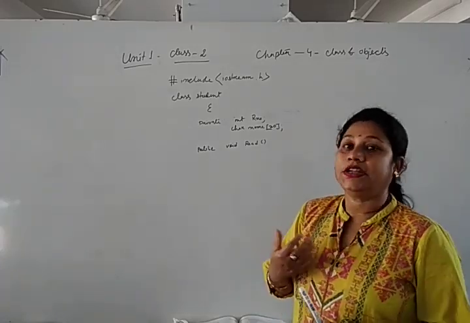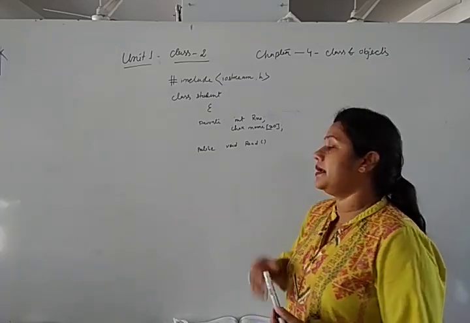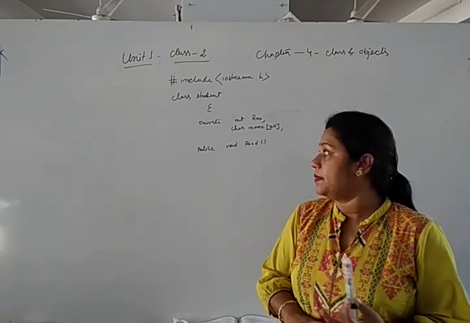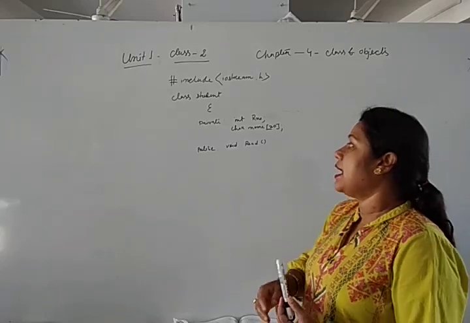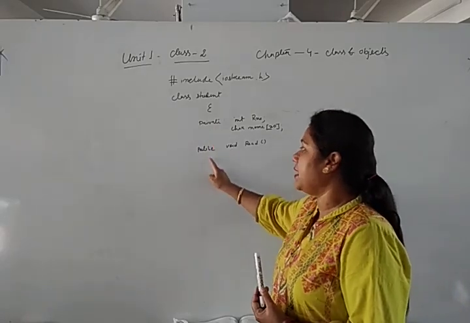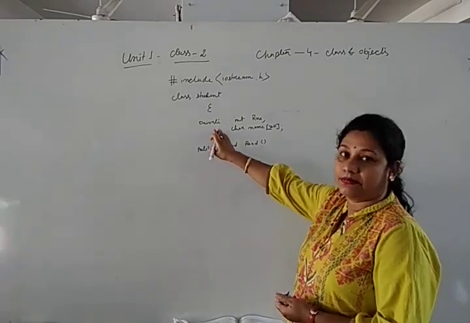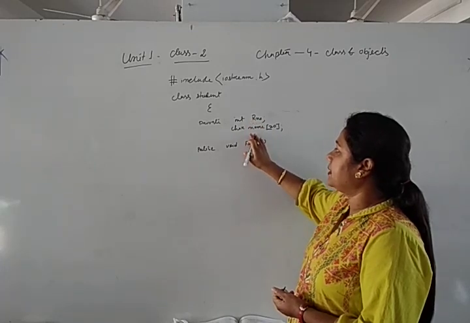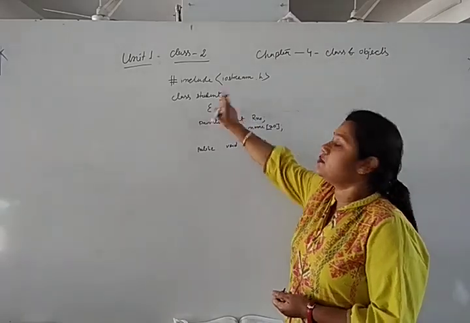So according to my requirement, you declare the data member and member function in separate levels. It may be private, it may be protected, or it may be public. But in this program I am just using two types of level, that is private and public. Okay, so in the private level I have declared an integer roll number and name. This roll number and name are of a student.